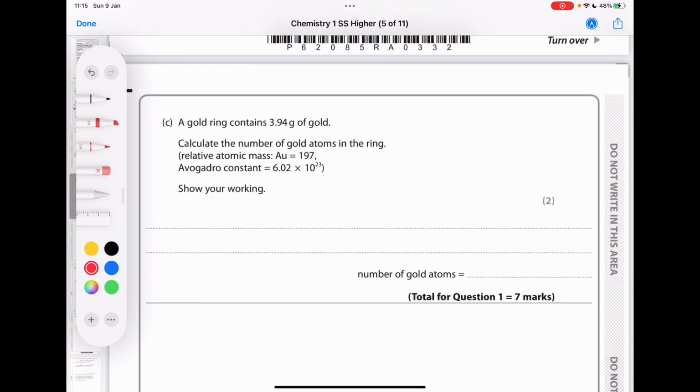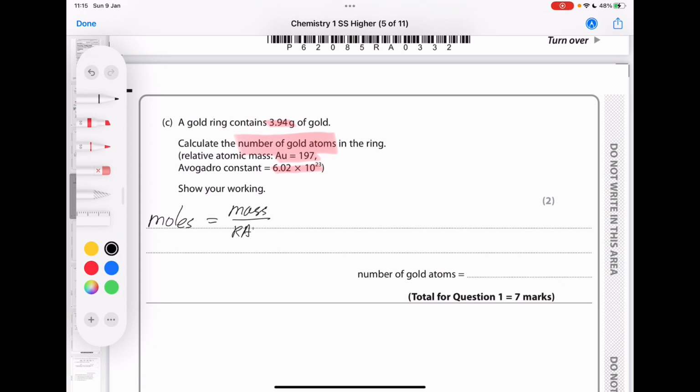For question C, you were asked to calculate the number of gold atoms in the ring. Before I do anything here, if I just have a quick think, I know that atoms are really small, and therefore my answer should be a stupidly big number. I've been told that my gold ring contains 3.94 grams of gold, and I've been given the relative atomic mass and the Avogadro number. First thing I should do is to work out the number of moles of gold in this ring, which is equal to the mass